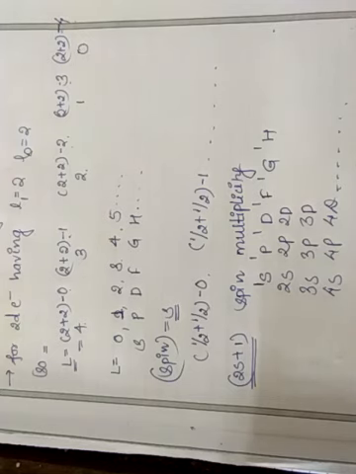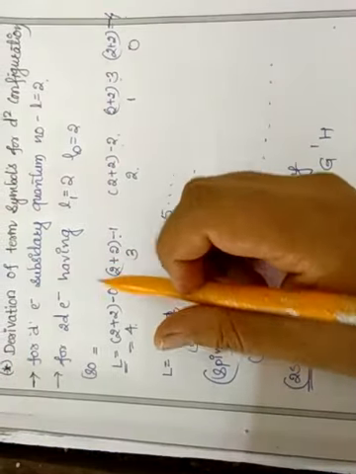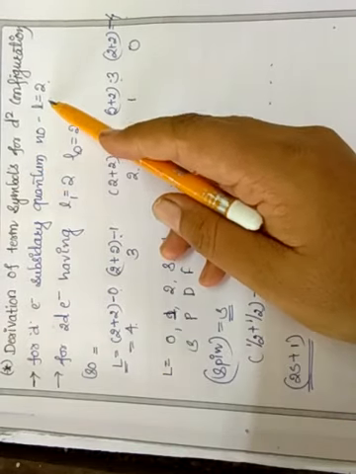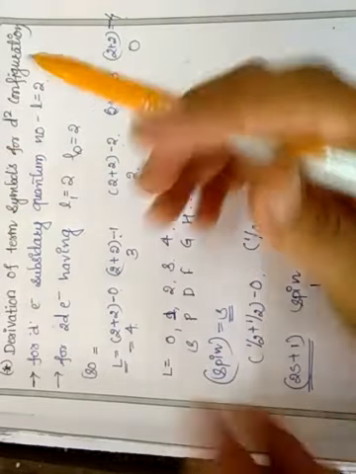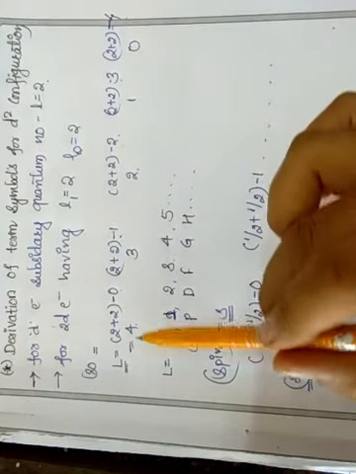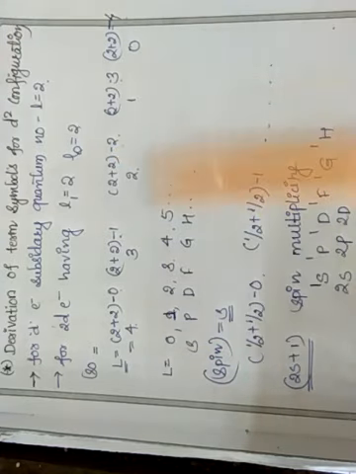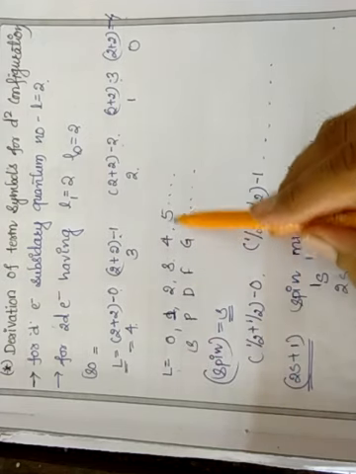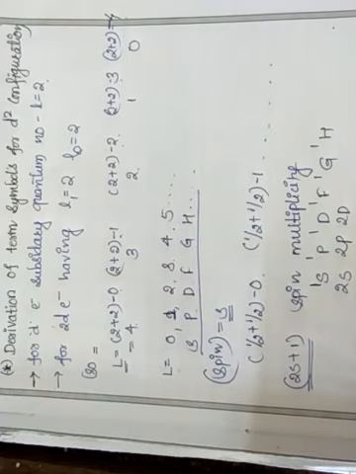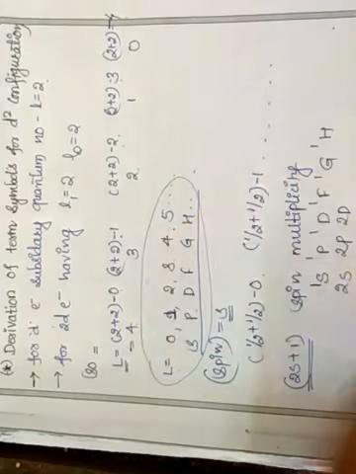Now next part we will see the crystal field splitting of Russell-Saunders terms. Before going to that, let me tell you this part once again. The derivation of term symbol for d2 configuration. For d electron the azimuthal quantum number l is always 2. Don't get confused at all. Here we take plus 2, and then minus 0, minus 1, minus 2, minus 3, minus 4. Simply this part is important. If l is equal to 0, 1, 2, 3, 4, 5, then the shells we will get are S, P, D, F, G like that.